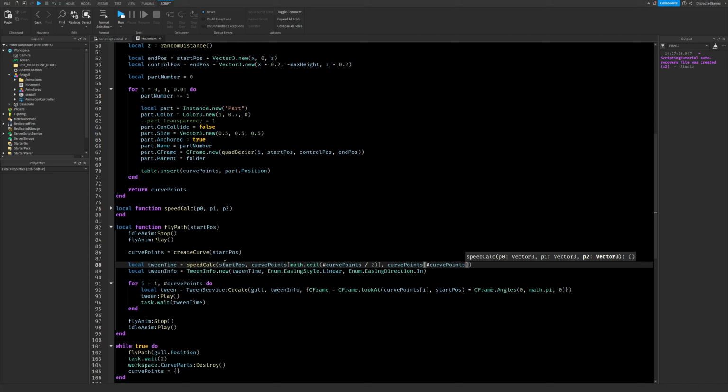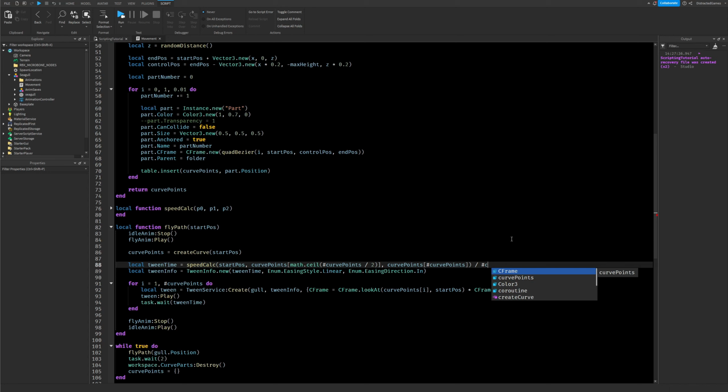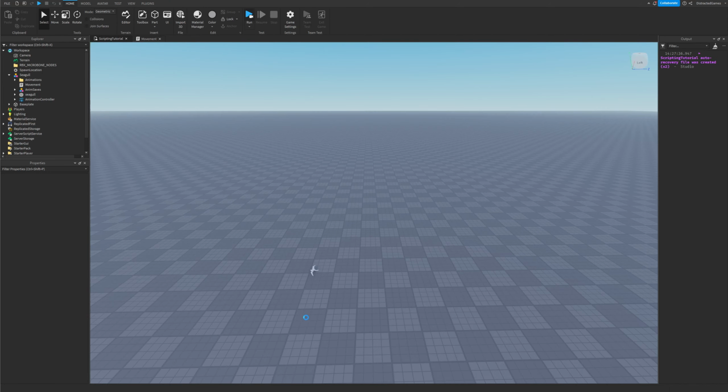So while this gets us the total time for the seagull to travel from start to finish, we need to actually divide this by how many points there are, since the between time is how long it takes to travel from just one point to the next, not from the start to the end. So we're just going to go ahead and divide this whole thing by the number of curve points, right? So let's go ahead and test this out. So if we run this,